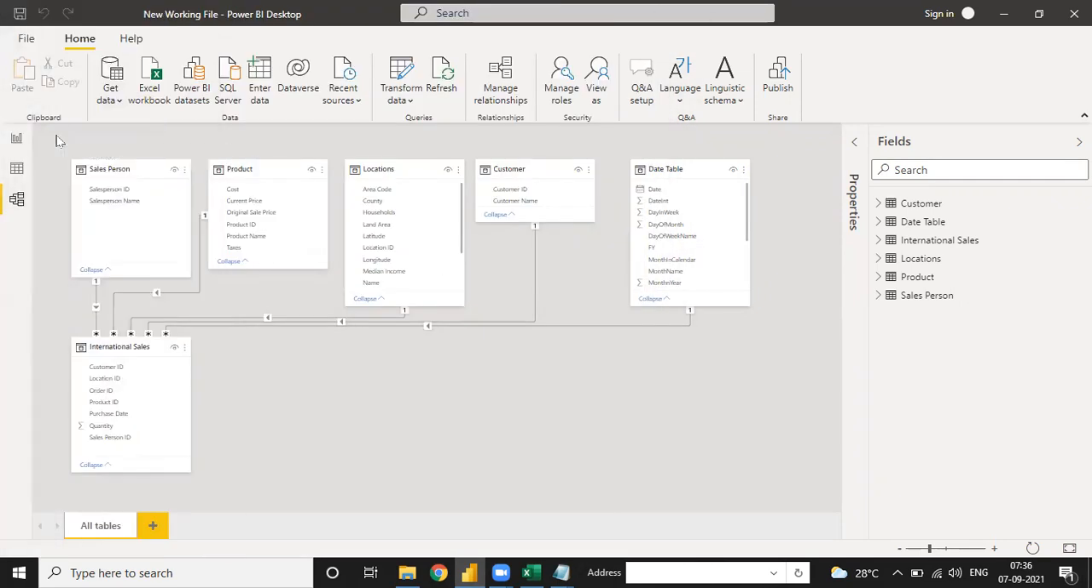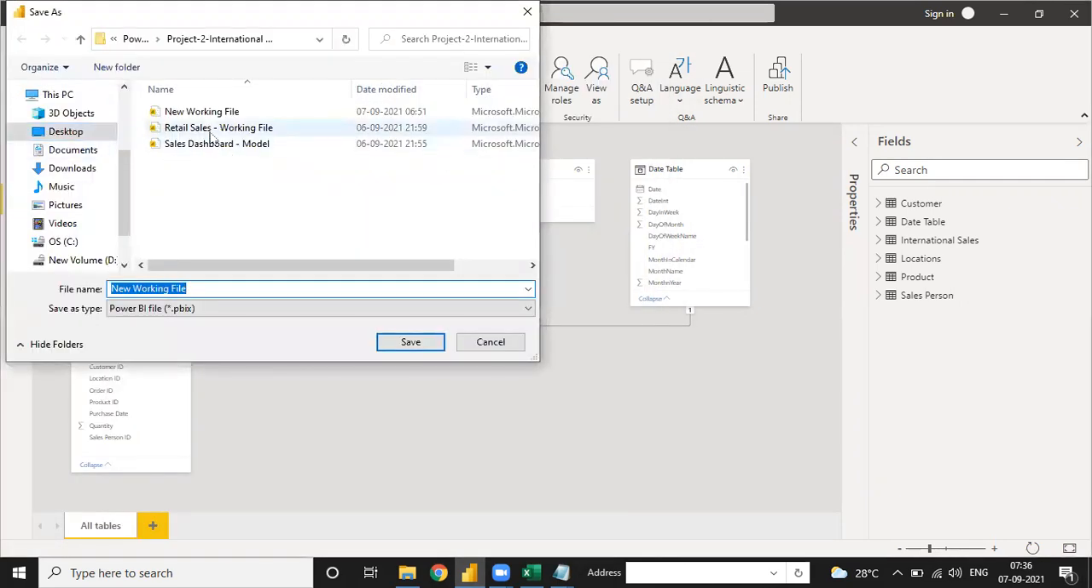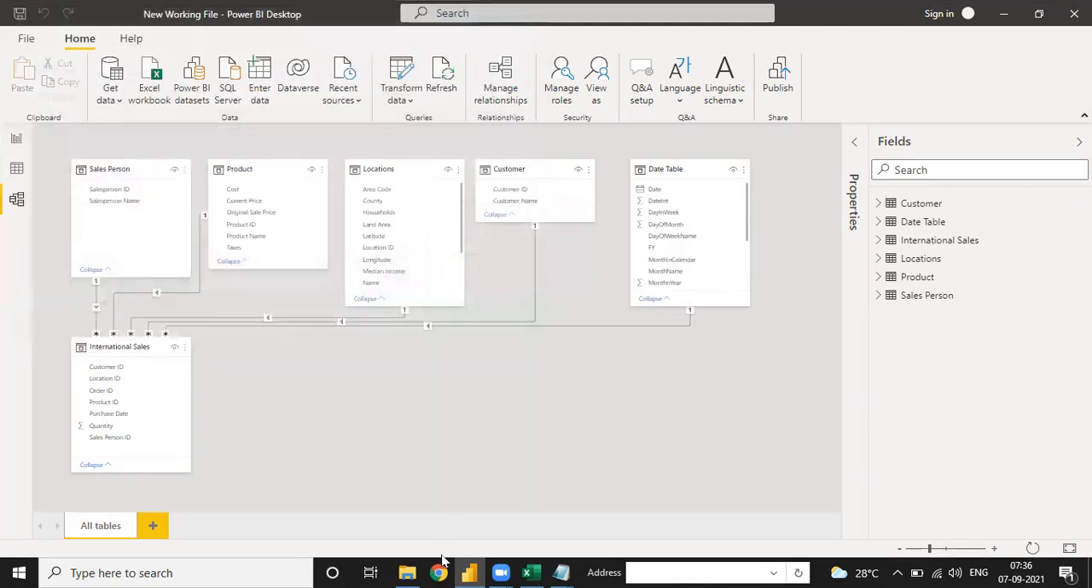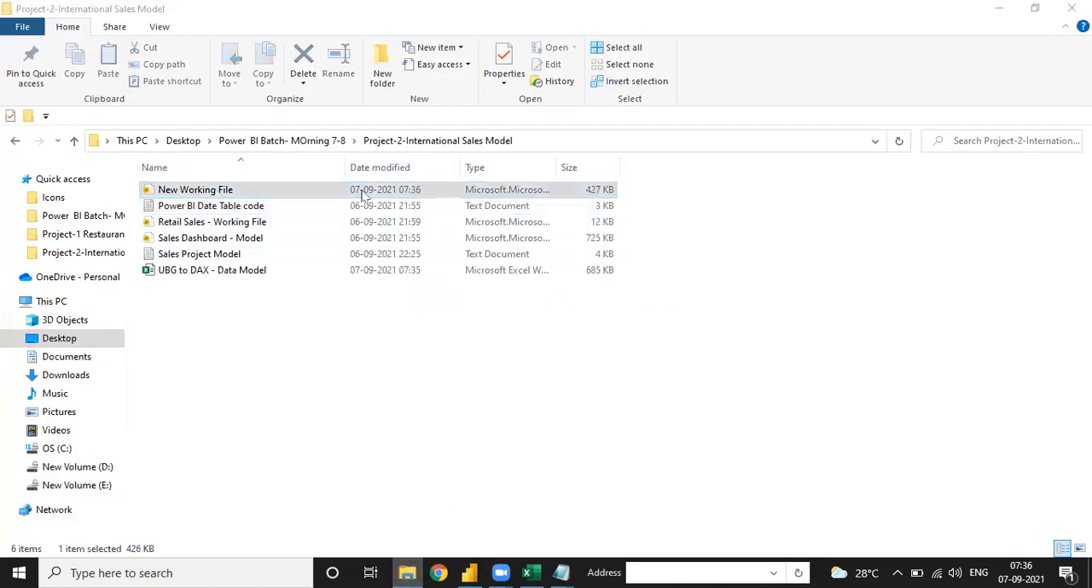Right now I will save this file, the new working file, and see the file size also. See, the new working file size is 427 and the Excel file size is 685. How big is the difference between these? That is the reason we use different kinds of things in Power BI, because Power BI is